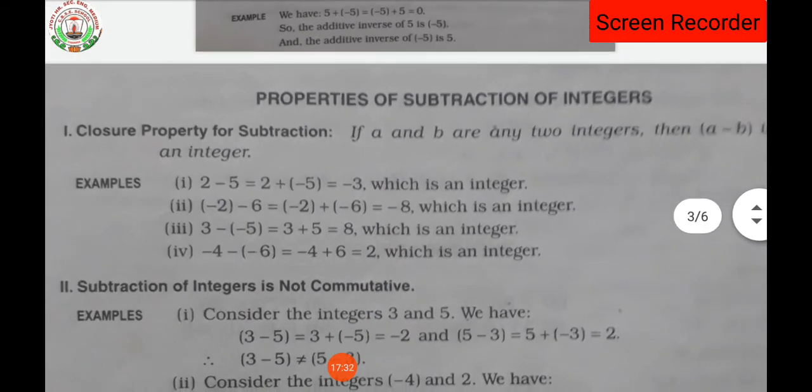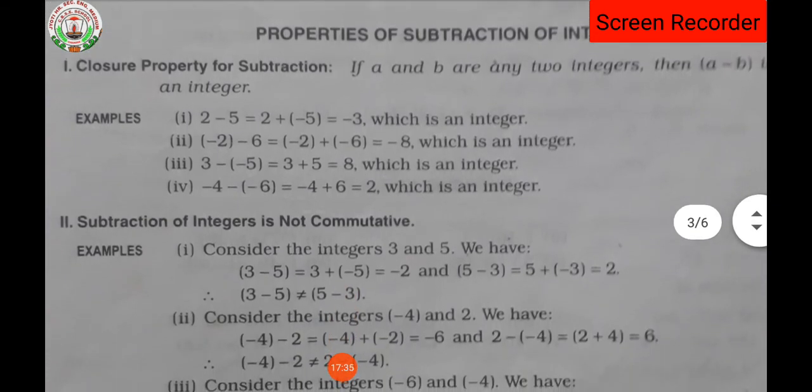So dear students, remember that many times in the previous video and at the start of today's video I told you that for the properties of subtraction, except the closure property, the rest, that is commutative and associative, do not exist. It does not exist, meaning when we solve the LHS and RHS, their values do not come out equal. That is only the property of subtraction of integers. Okay, so let's see the subtraction property.